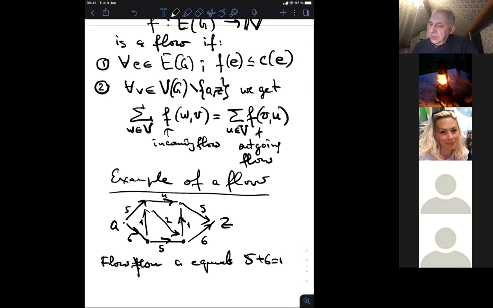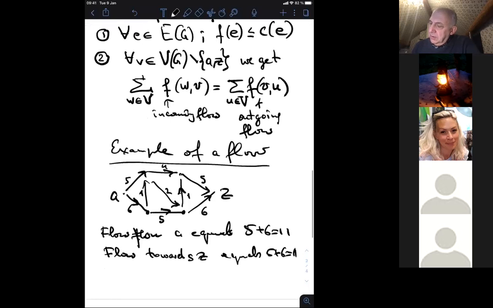Okay, now we see that we have the balancing condition at all other vertices except for Z. So flow towards Z also equals 11, and we'll prove a result about this soon. So the outgoing flow from A is 11, the incoming flow to Z is 11, and all other vertices, the